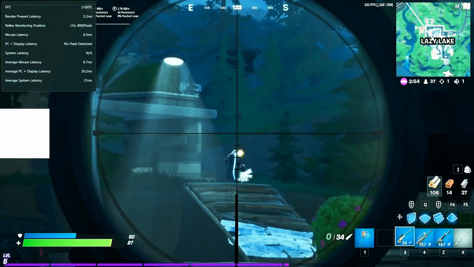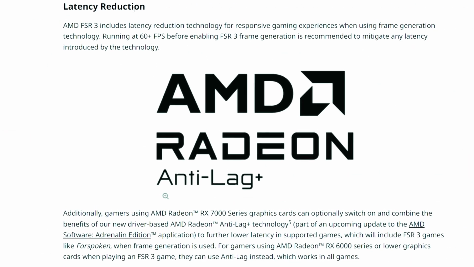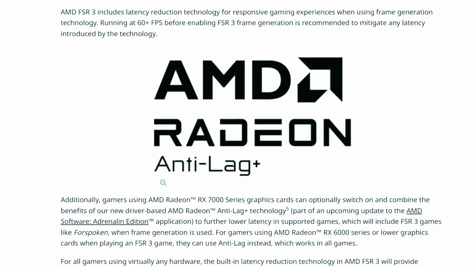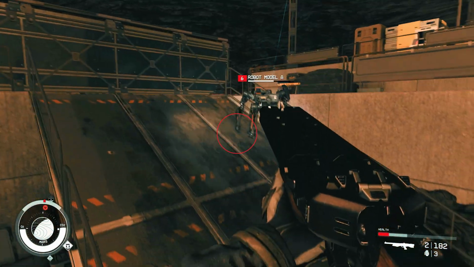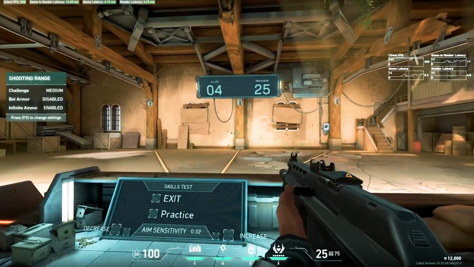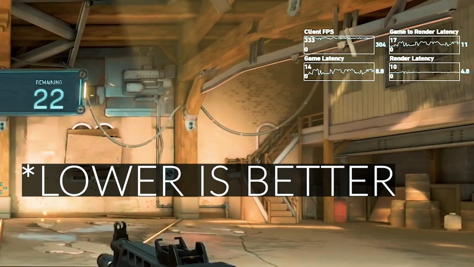The latency issue is more prevalent over on AMD's FSR side, but using NVIDIA's Reflex, you can lower latency just a bit, but that's something we're going to test more here in future videos. It is a little difficult to test and measure latency in video, but latency is essentially the time it takes for input to be registered from, say, your keyboard and mouse, or from you, into the game.